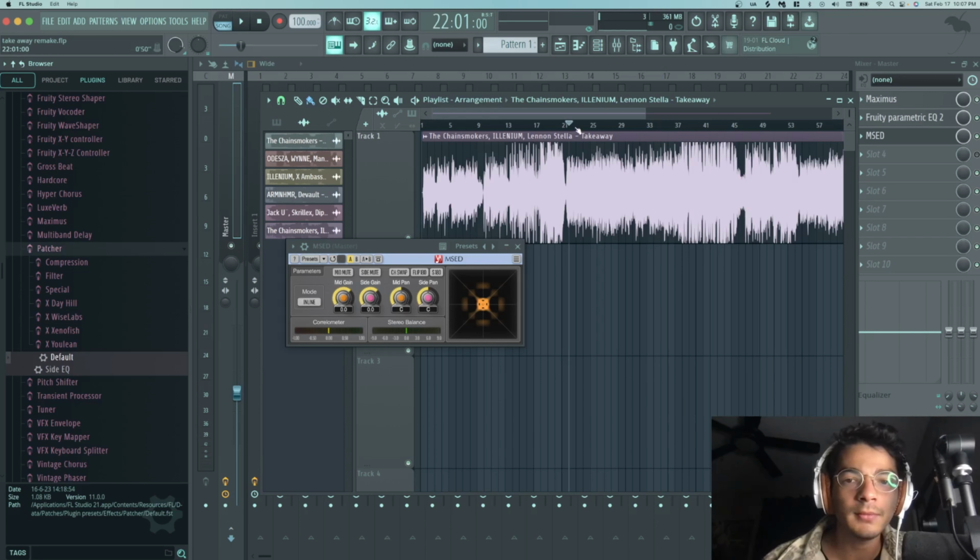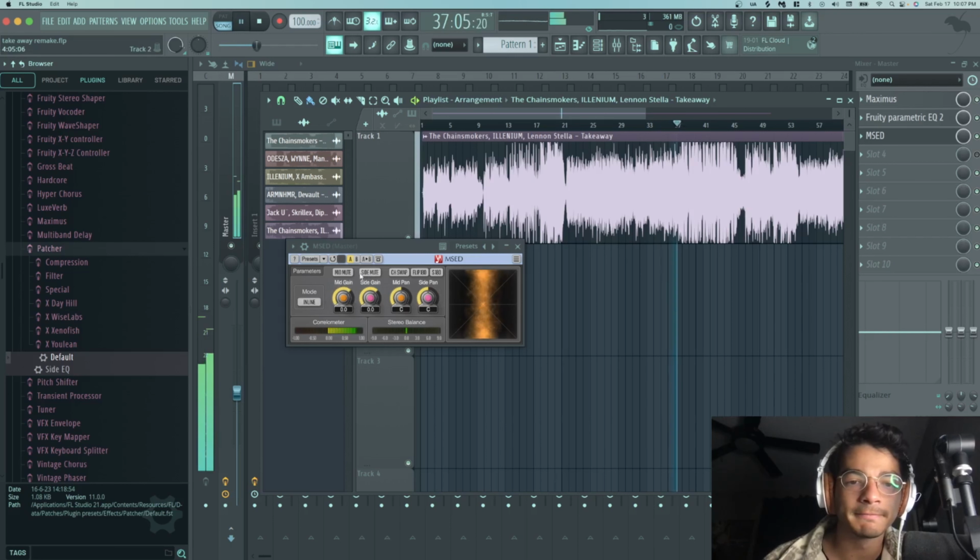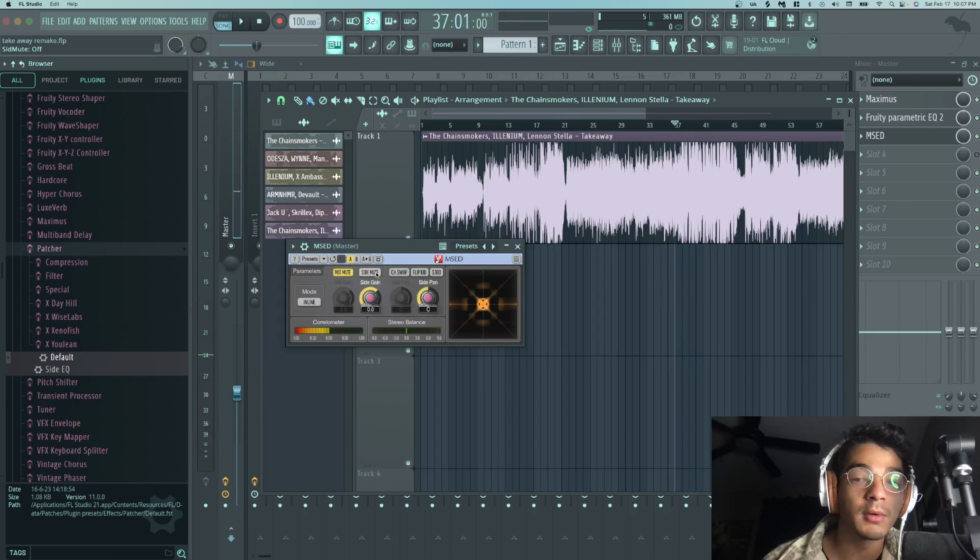A typical guideline is the basses and the kicks, or the lower end, is typically going to be more on the mids. So let's just listen to the drop real quick. In the drop, you hear very little low end on the sides, and that's pretty common in electronic music.